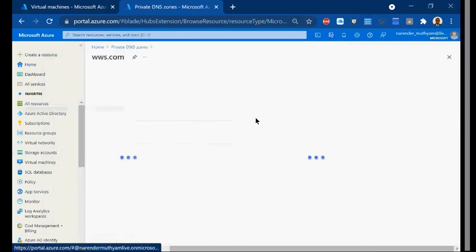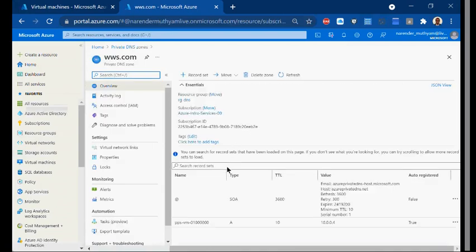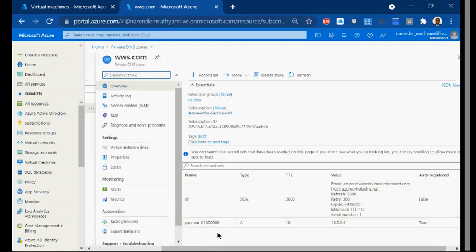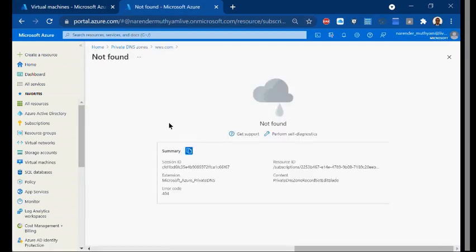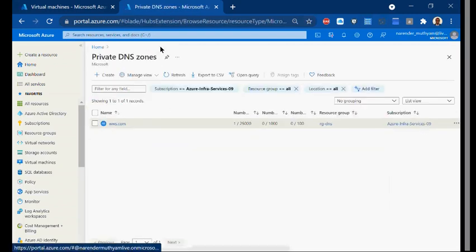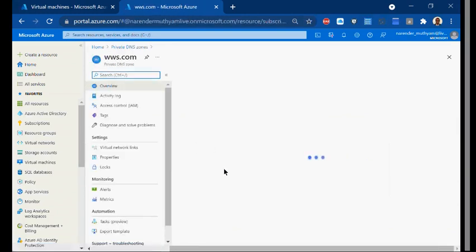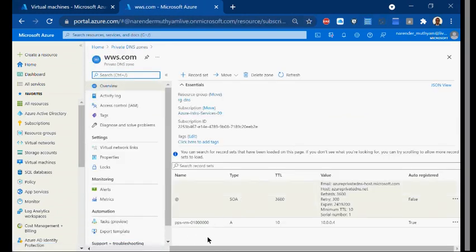So inside this, see here, a VM record got created here. Do you see here? I don't know what it is, right? Shortly you will see another record here.